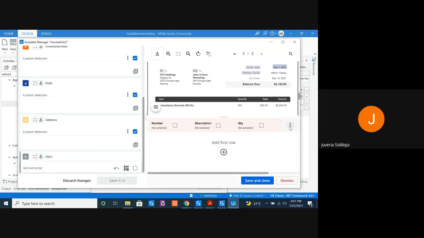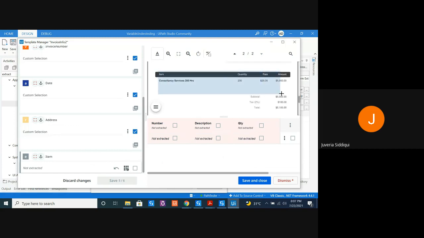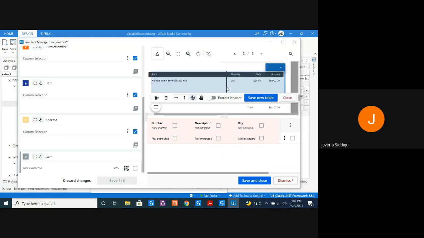So let's start. You don't have to worry if line items or the number of rows in your table increases, the bot will take care of it.